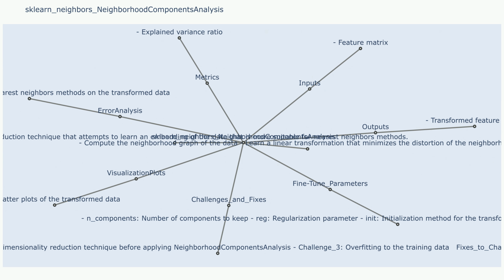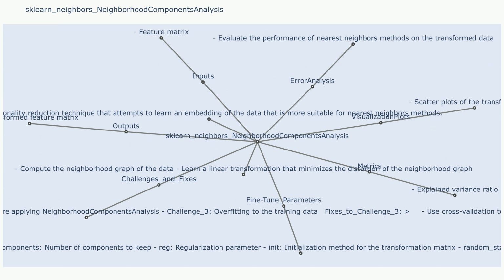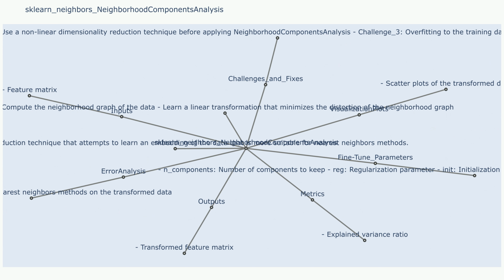Fine-tune parameters: n_components. This parameter controls the dimensionality of the output space and needs to be carefully chosen based on the desired level of dimensionality reduction and the trade-off between accuracy and complexity. n_neighbors. This parameter determines the size of the neighborhood used for constructing the neighborhood graph. A higher value for n_neighbors leads to larger neighborhoods and potentially smoother projections. Uncertainty methods: confidence intervals. Confidence intervals can be estimated for the projected data points to quantify the uncertainty in the